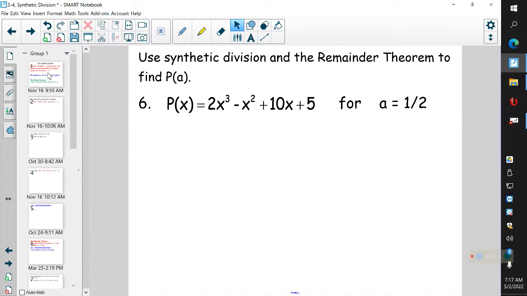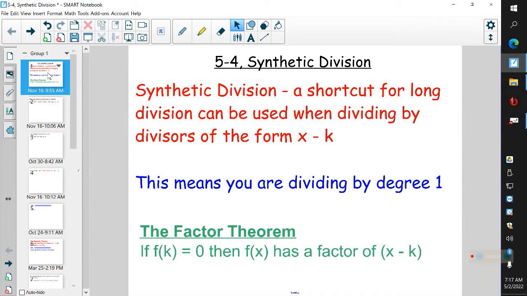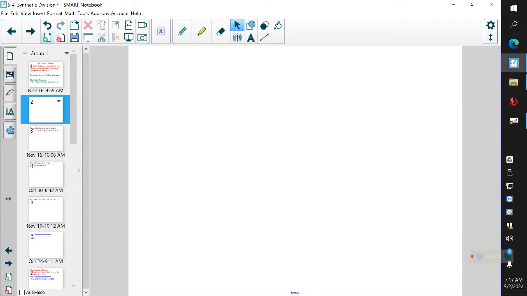Okay, today we're going to be talking about section 5.4, which is synthetic division. So synthetic division is actually a shortcut for long division. Whenever I say it's a shortcut for long division, let's talk about what long division looked like. So long division would look exactly like saying